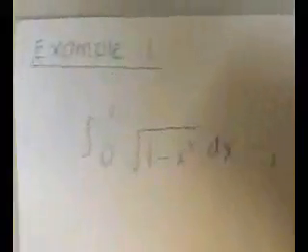Okay, let's say example 1. We integrate with upper limit 1, lower limit 0, root 1 minus x cubed dx, n equals 4. Normally in your questions, n will be given. Okay. First, after being given the question, our ultimate thing is to find h, the height, where h equals b